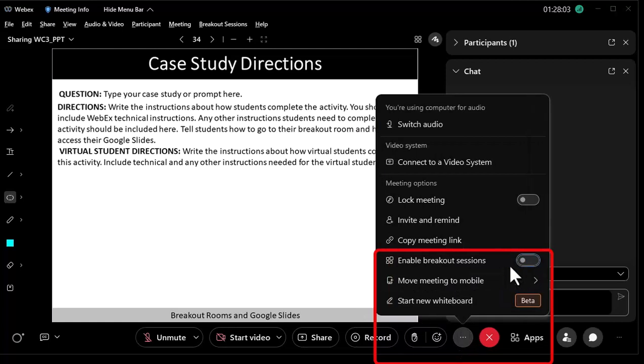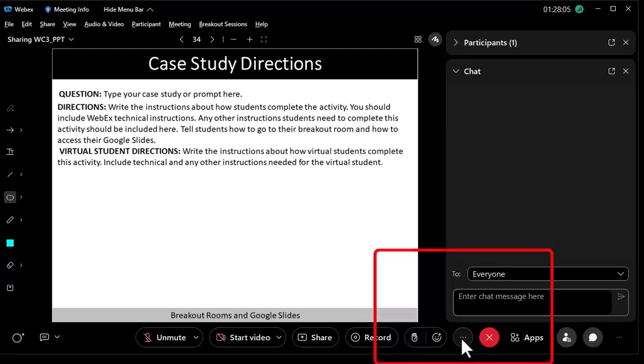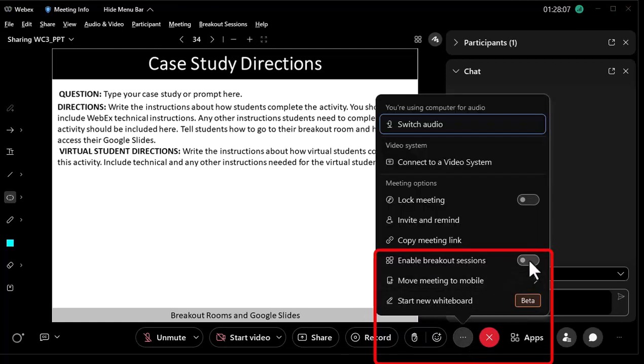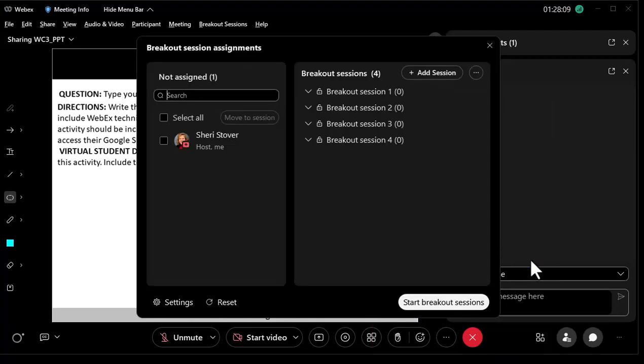And let me turn that off for now, pretend like it's turned off, but we'll come over here, click on the 3 ellipses, and you do this ahead of time. You get the breakout room set up ahead of time, and you can see here that I did have it set up with the 4 breakout rooms. And if you, heaven forbid, do this and it's not right, or you realized you messed up, you can always click on reset and quickly redo it, but it's set up correctly.